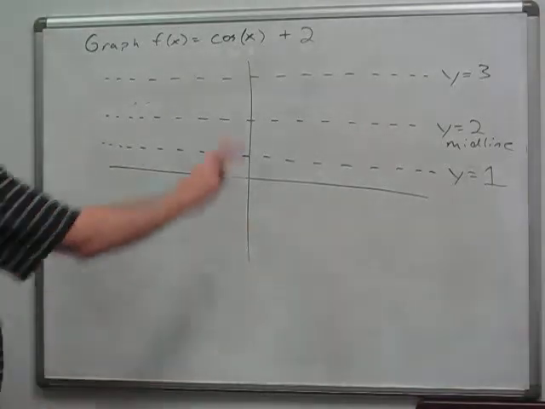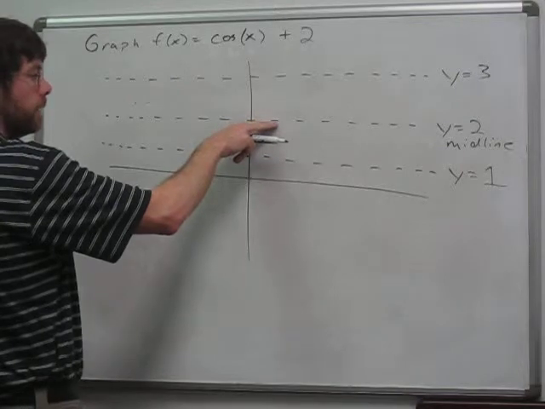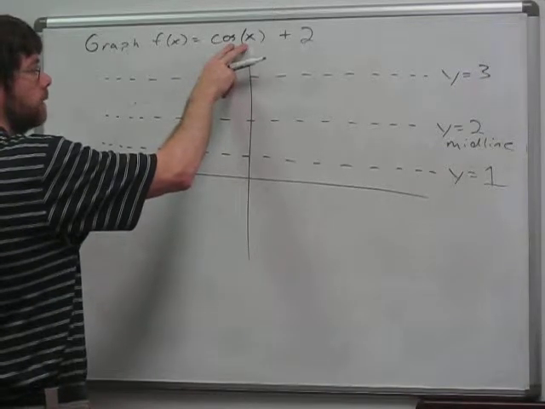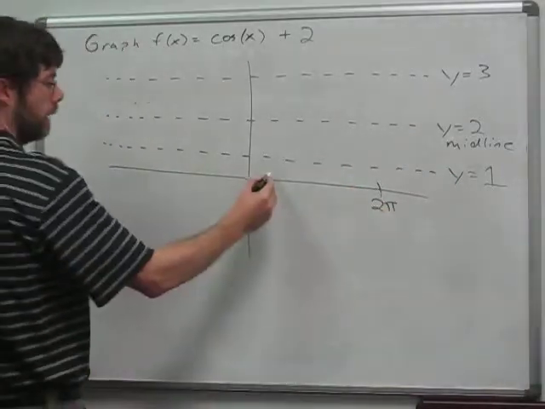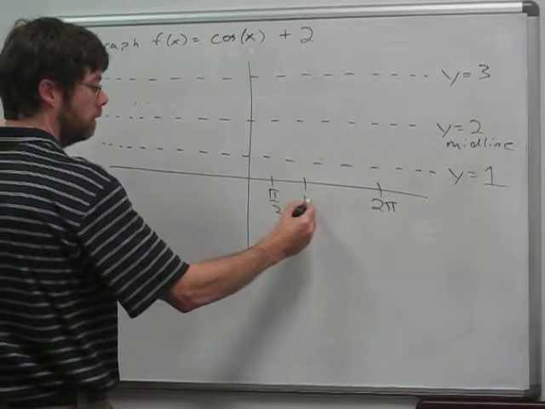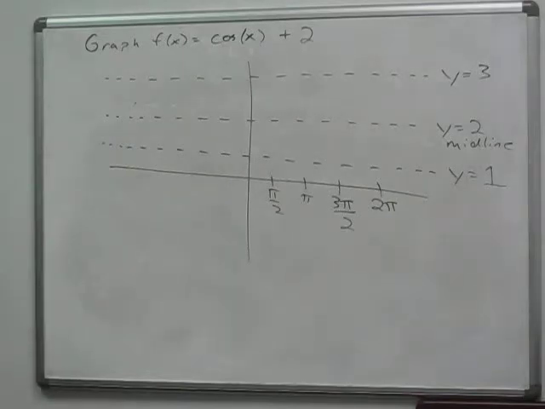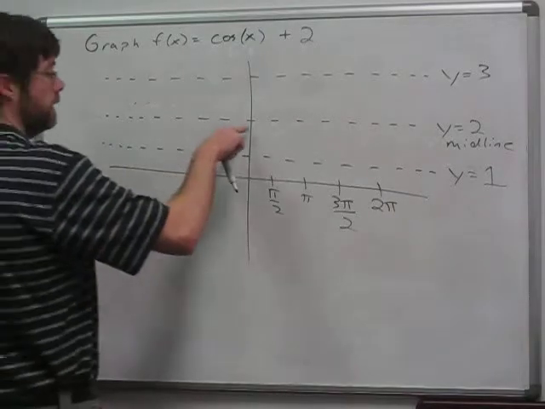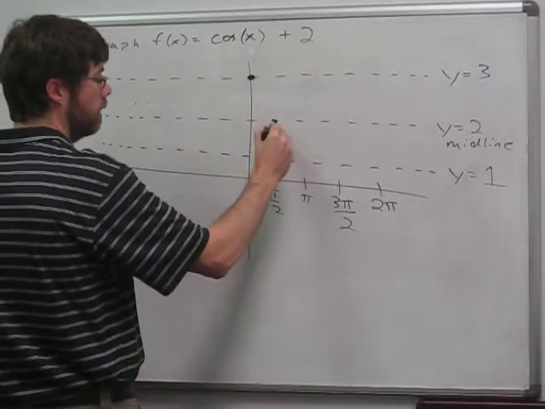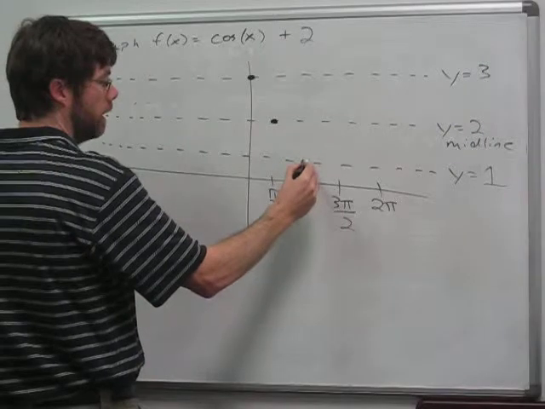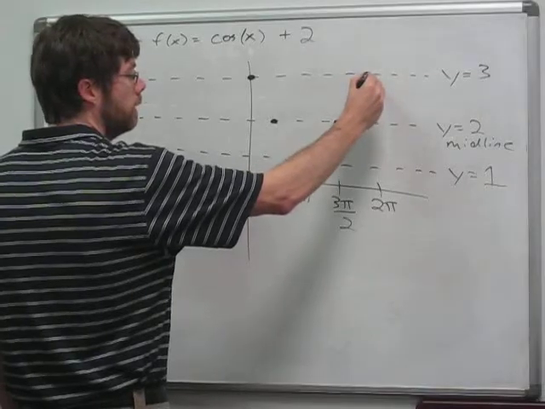Right? So now I'm just going to graph regular old cosine of x, but I'm going to focus on this as being the midline. So let's see here, cosine of x has a period of 2 pi. I will chop that period into quarters: pi over 2, pi, and 3 pi over 2. Alright, so at 0, I start at the top, then I work down to the midline, down to the minimum line, back up to the midline, and then up to the max